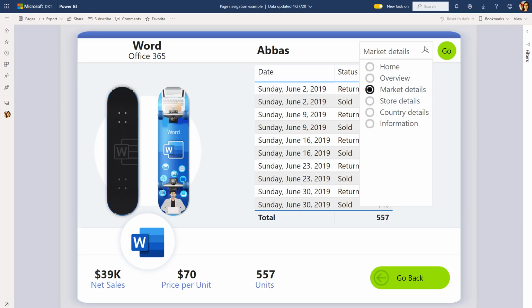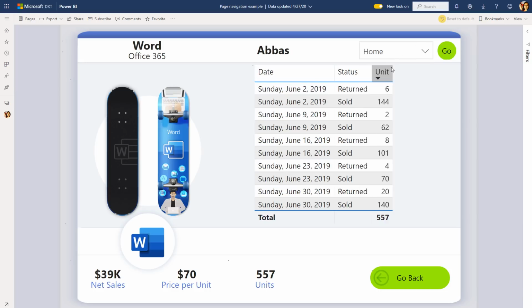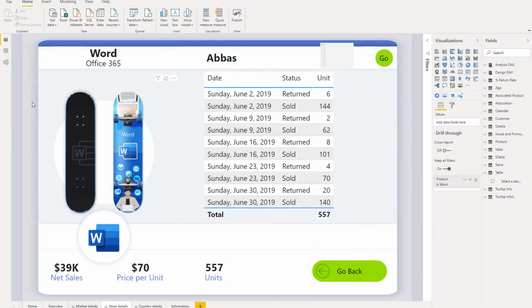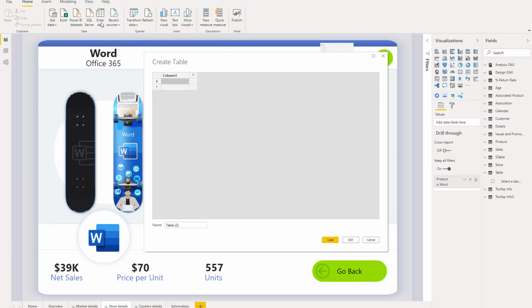So let's say I'm going to go ahead and just select the home page, and then I'm going to hit go. I want to show you how I created the multi-destination navigation. What I'll do first is enter in data to create a table, and the table is essentially just going to have the names of the pages that I want to go to. So I click enter data,